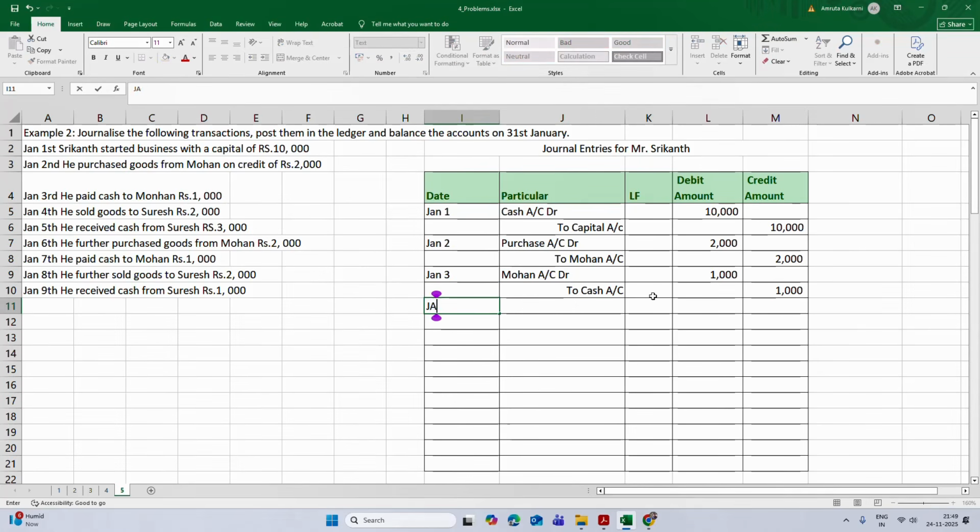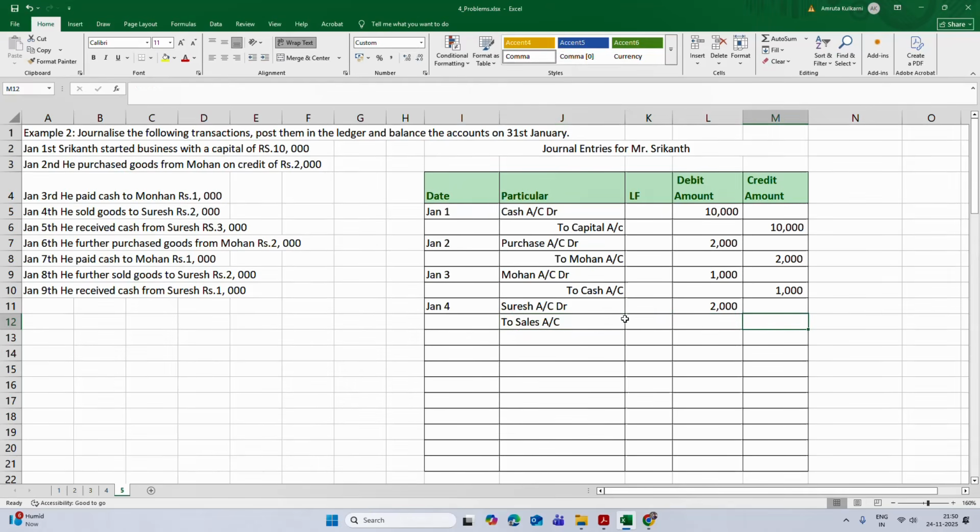Now on Jan 4th he sold goods to Suresh 2,000. So here it is a sales transaction and he sold goods to Suresh. That's why Suresh account will be debited worth rupees 2,000 and sales account will be credited